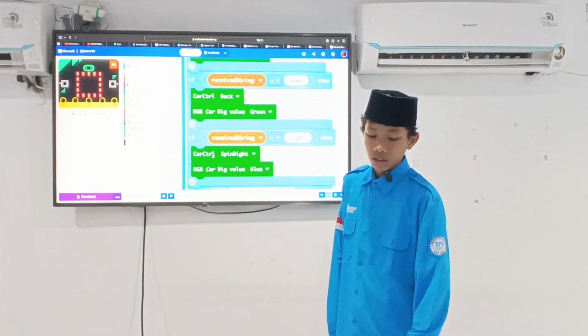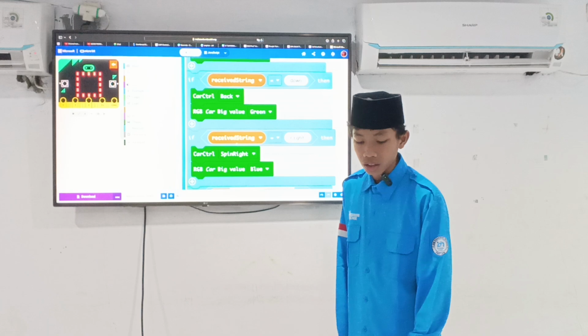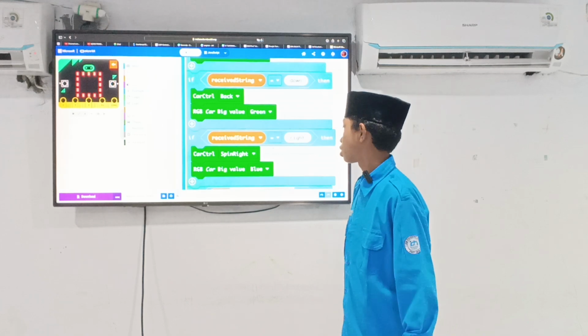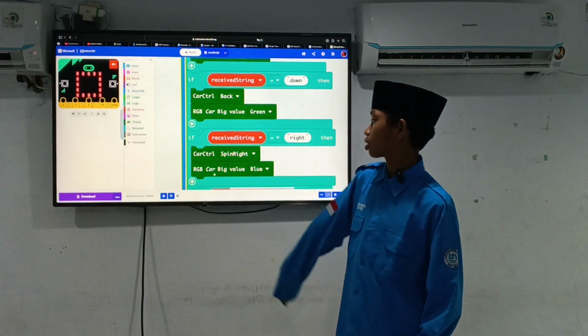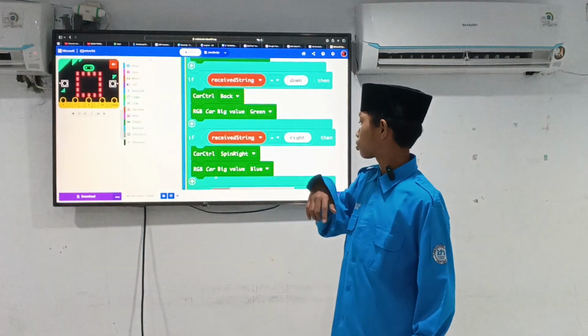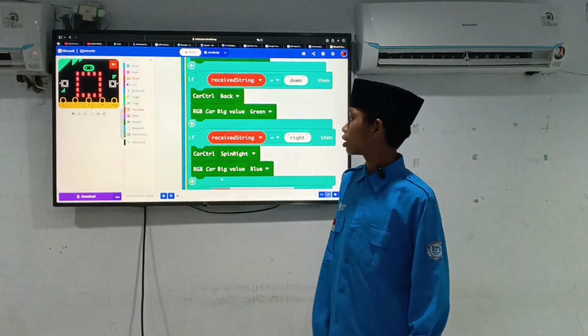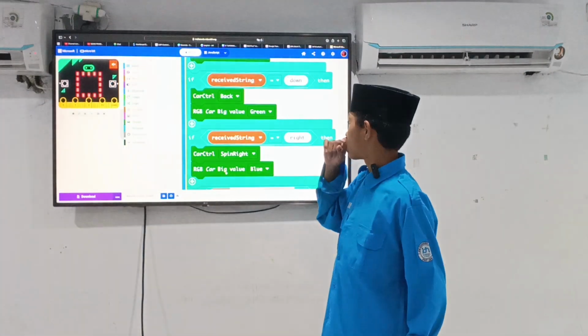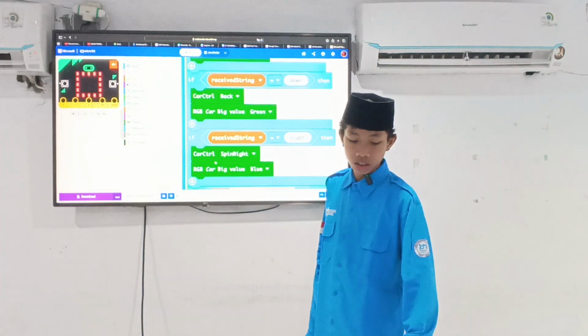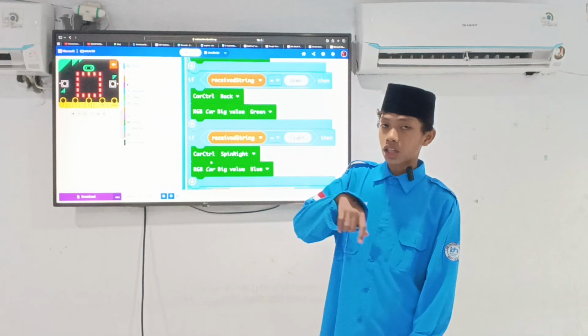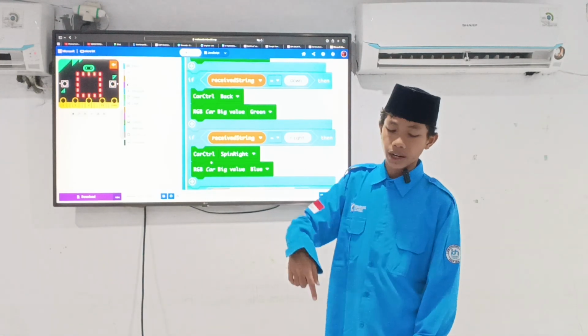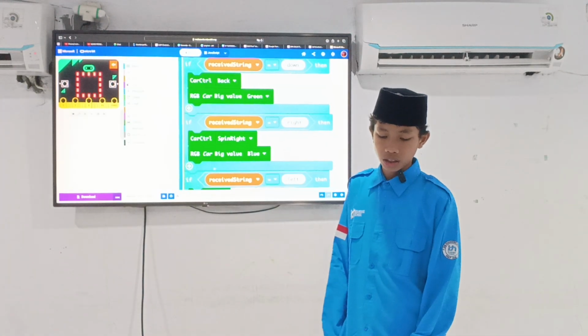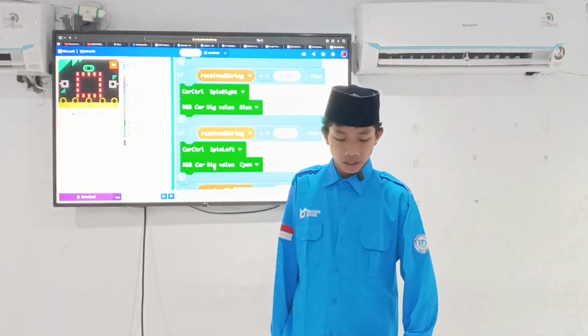And then if it receives the string "right", the car control spins right, and then the RGB car big value shows blue. The meaning is if I touch the right button, the TinyBit spins to the right and the color shows blue.